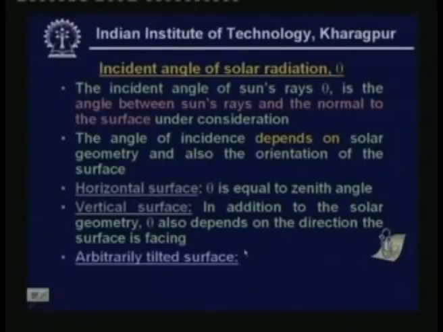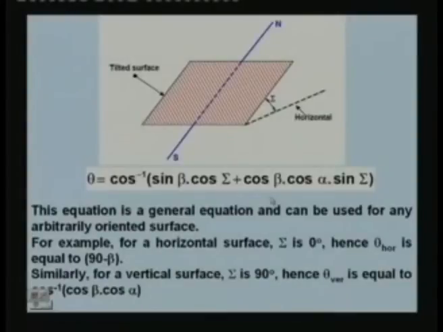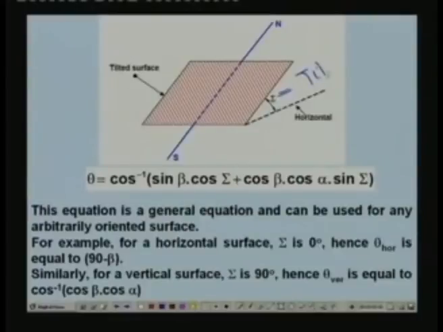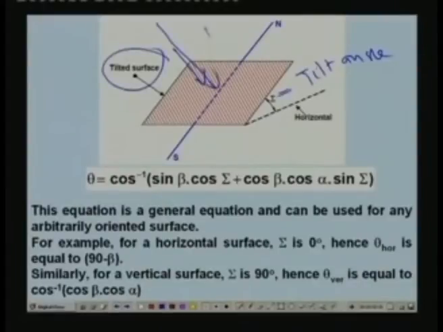Now, let me give a very general expression for an arbitrarily tilted surface, okay, any surface, it can be horizontal, vertical or tilted. For this arbitrarily tilted surface, first this is the arbitrarily tilted surface, and here we define another angle called the tilt angle, that is sigma, this is the tilt angle, okay, and this is the surface which is exposed to your solar radiation. So, solar radiation is falling on this surface, right. So, the tilt angle is nothing but the angle between the horizontal and the surface, okay, that you can see here,